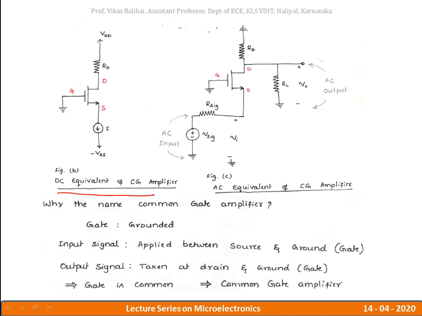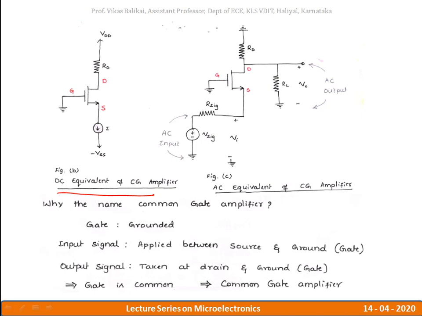By doing that arrangement, whatever remains in the circuit, that particular circuit I can call a DC equivalent circuit. Now when it comes to the AC equivalent circuit, here I will be doing two major things. One is I will be grounding all the DC sources, nullifying all the DC sources, and then I am shorting all the capacitances. By doing all those things, whatever remains in the entire circuit will make my circuit look like an AC equivalent circuit.